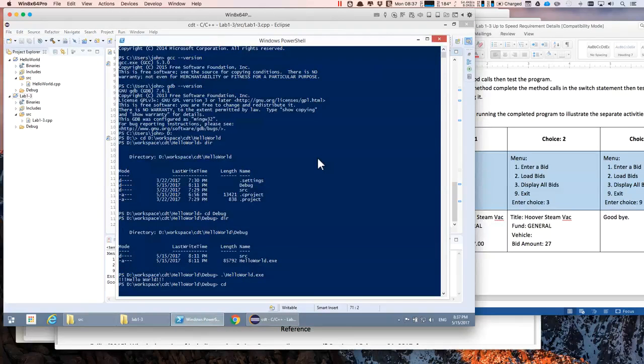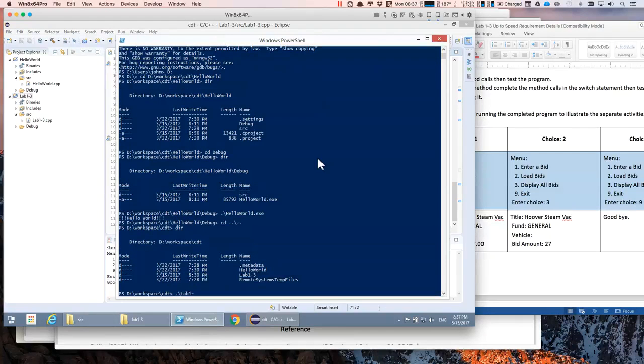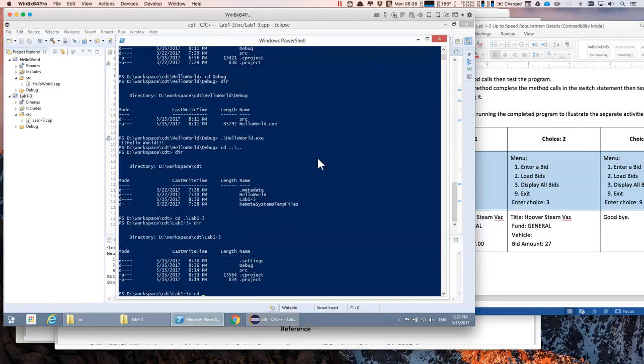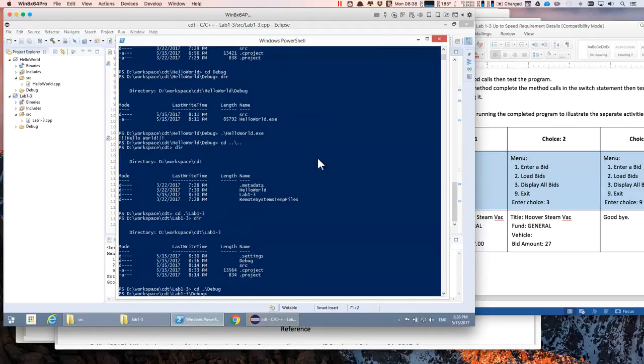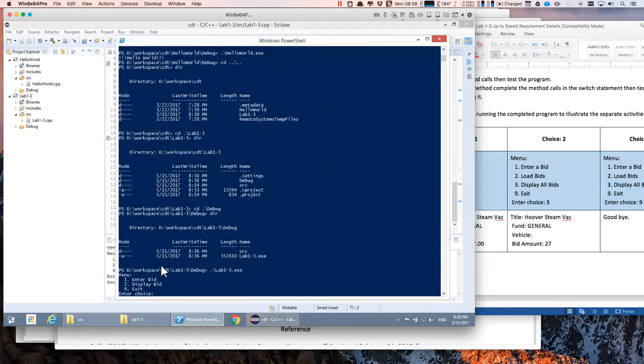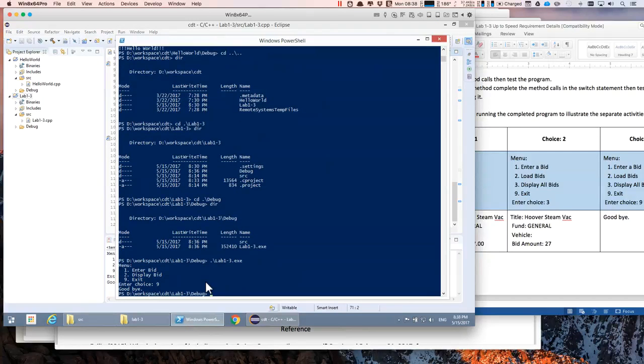And again, if I wanted to get fancy, I could even do this from the command line. I want to go up to the parent directory, and there's my lab. Oops. Change directory to lab. And I'll be lazy, Windows, I don't have to worry about case. And we'll go into the debug directory. And there's lab1-3.exe. I can type this in here, lab1-3. When I hit enter, you notice even in the console I'm getting it, and I can choose exit, or